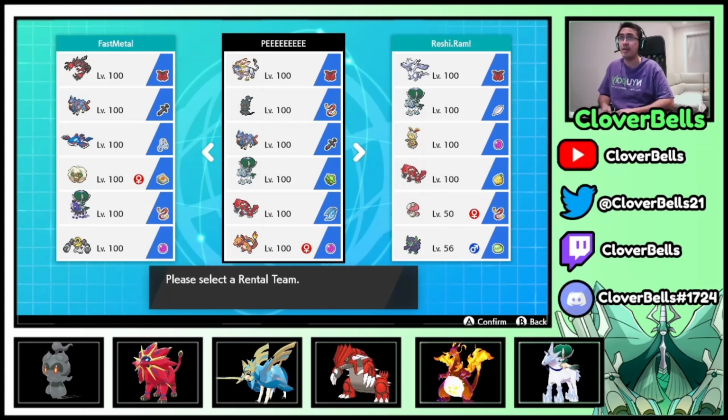Now we're going to use the other Dynamax Steel Behemoth, Solgaleo, and we've got other Pokemon that want to be on the receiving end of coaching from Marshadow. We've got Zacian, Calyrex Ice Rider, Groudon, and there's a lot of cool items and sets